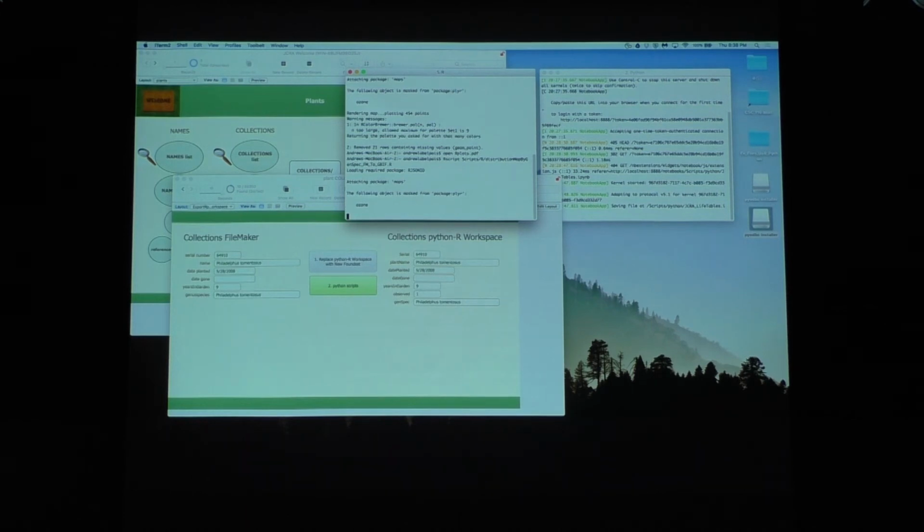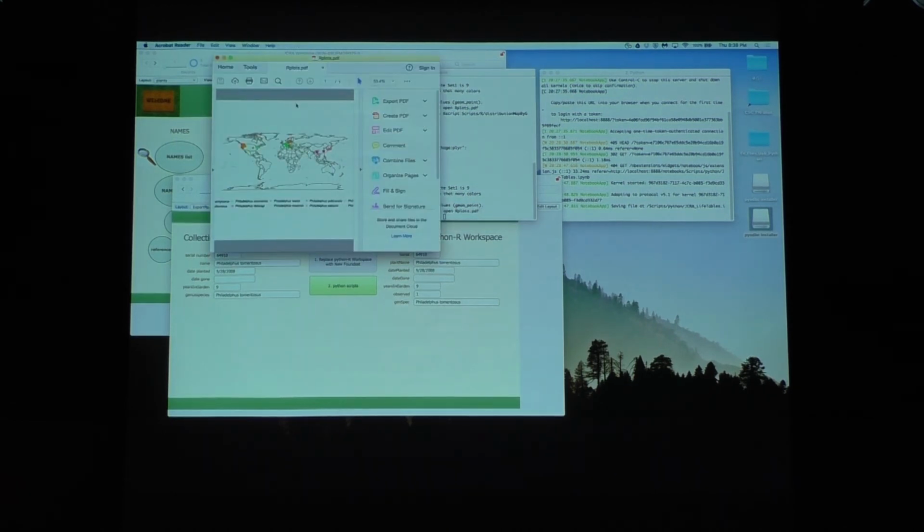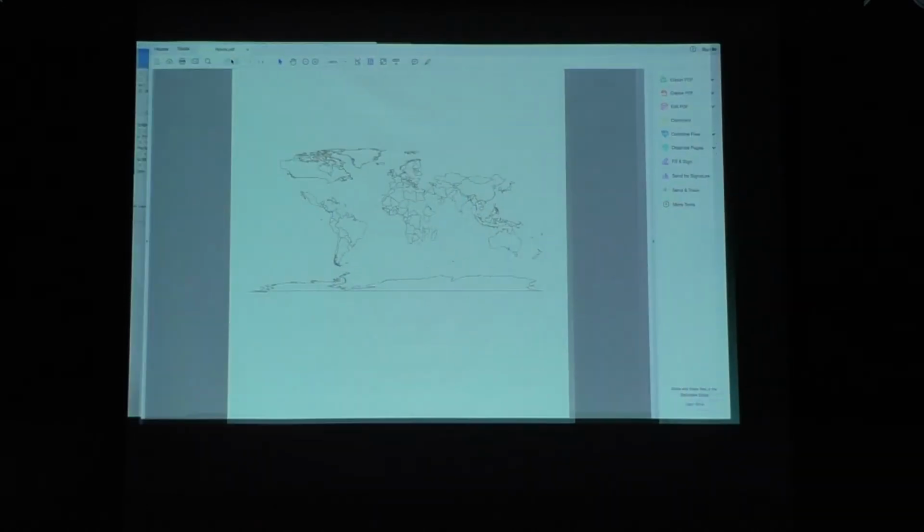Sometimes the website goes down and it doesn't work. That's one thing about tying yourself to other databases. You know, bad weather can ruin your project for a day. So it's thinking about it. There we go. And I'm going to open up the results. So let me pull that up there so you can see.